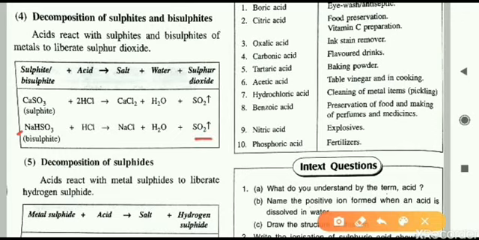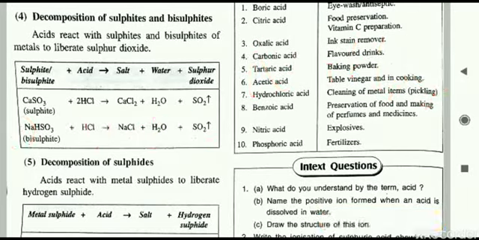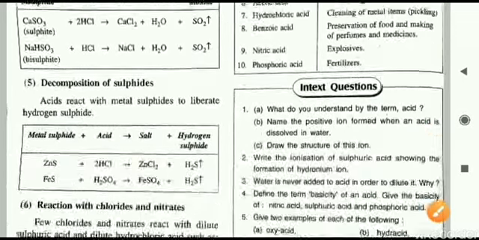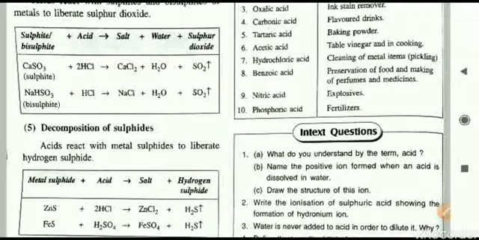So that is the second equation given here, NaHSO3. Here also, first you write down SO2. Out of NaHSO3, SO2 is removed, so sulfur is removed. Out of oxygen only one oxygen is left. Now what will be there? That is hydrogen and oxygen, which will form water. The remaining things will be Cl and Na, which will form sodium chloride. So this is a short trick only, not a proper method, but it is a short trick for us to learn or to prepare these chemical equations. Generally students are confused about how the salts are forming, so that is a short trick.